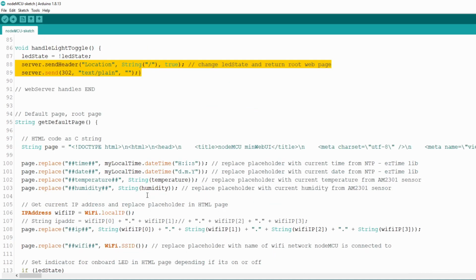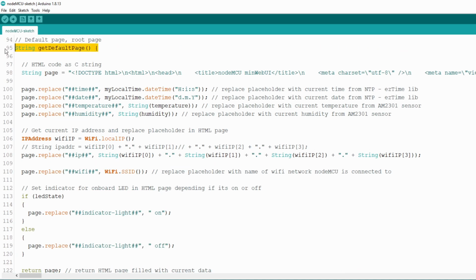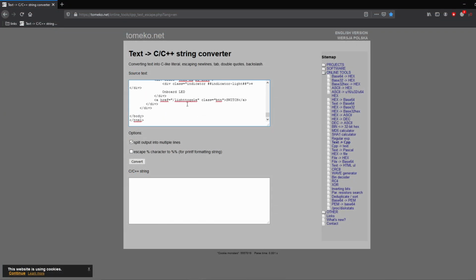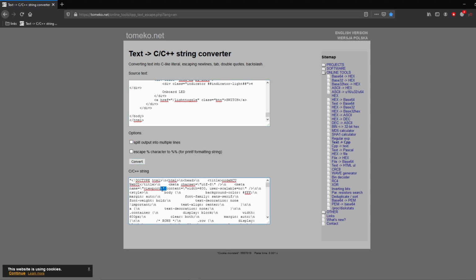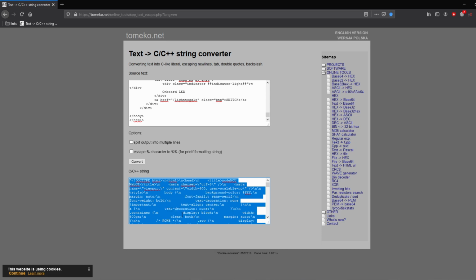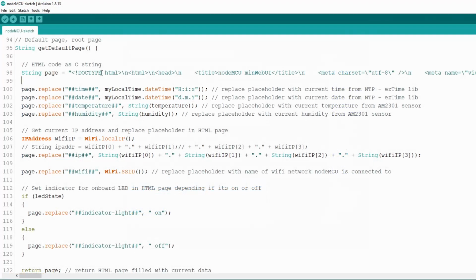And finally we come to the getDefaultPage function. Here we declare a page object of type String which will hold the HTML web page we created. Before assigning a value, you need to convert the HTML code to a C-friendly string. To do this, I use an online converter at tomeco.net. Link is in the description. Just copy all the HTML code, paste it into the source text box, unselect split output into multiple lines, and hit convert. Now you have all the HTML code in C-friendly format, and just copy it and paste it into